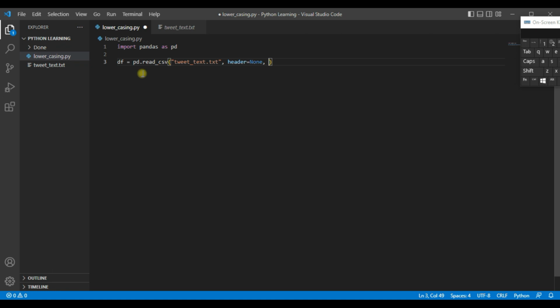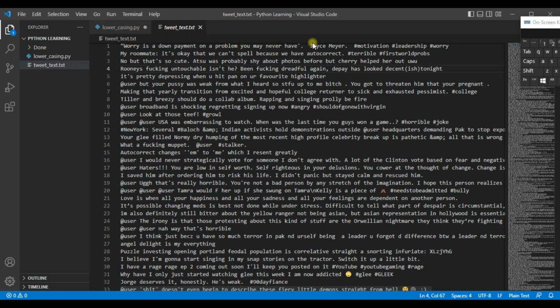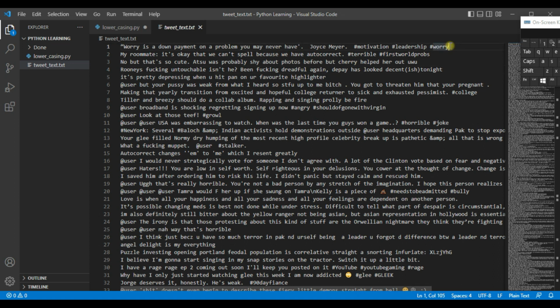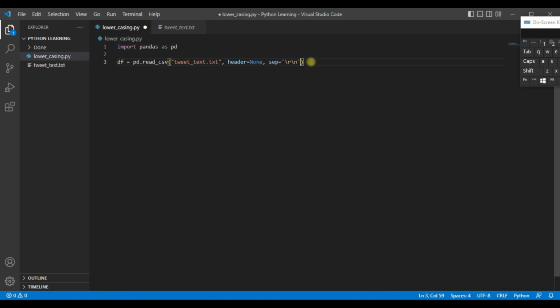as the header. Then you define the separator because the text is uniform, so the separator will be a new line. It's going to read one line until the end, and then the end of a line is the separator, then the next line. Again we are going to define the engine equals to python to avoid the